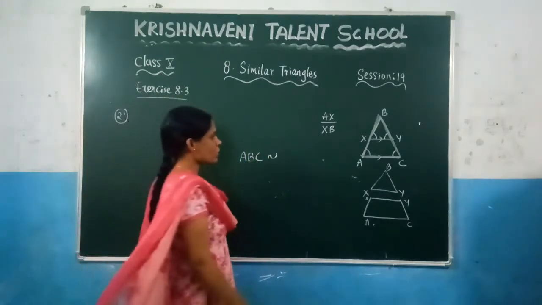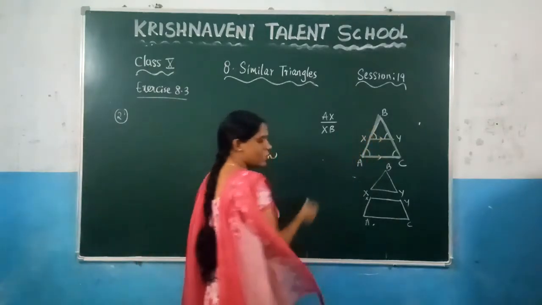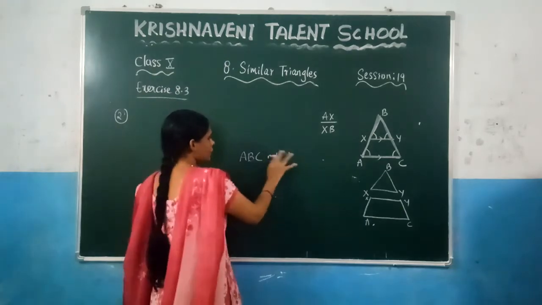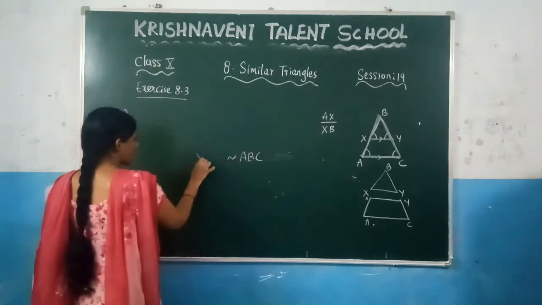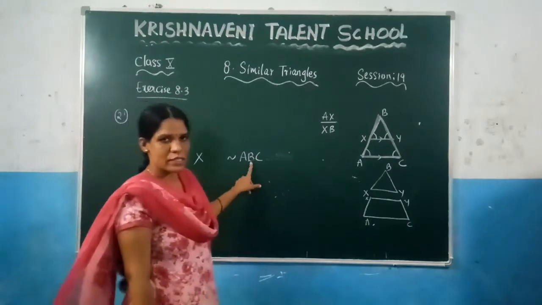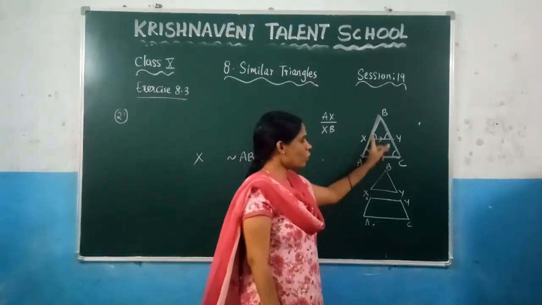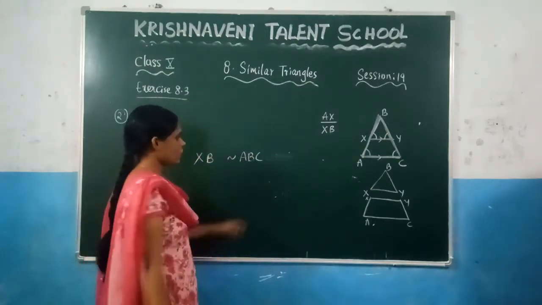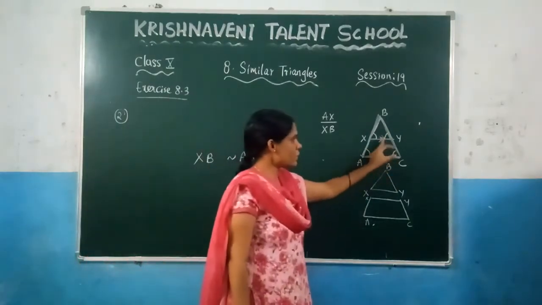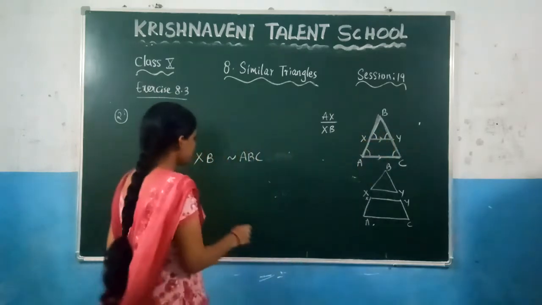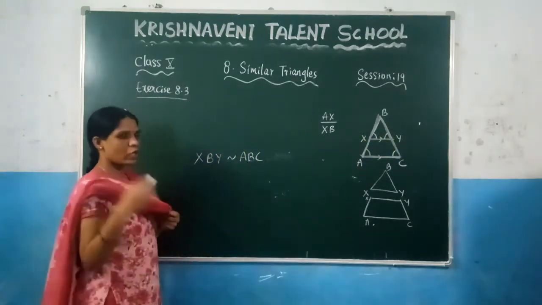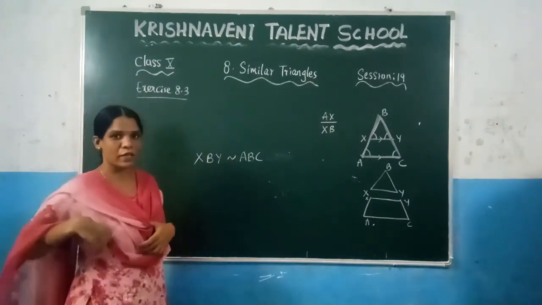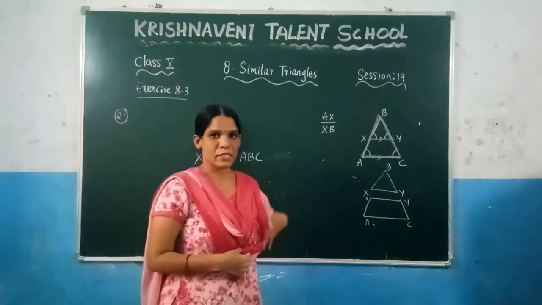which corresponding angle is equal to which one. So here angle A is equal to angle X. So in place of A you can write X, right? And similarly here, what is angle B? Angle B is the common angle of these two triangles. So you can write it here in place of B. Right? What is angle C? Which is nothing but angle Y. So write Y here. So what we got here, XPY is similar to ABC. Now we have proved these two triangles are similar.